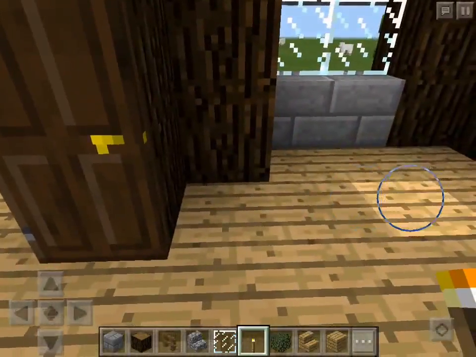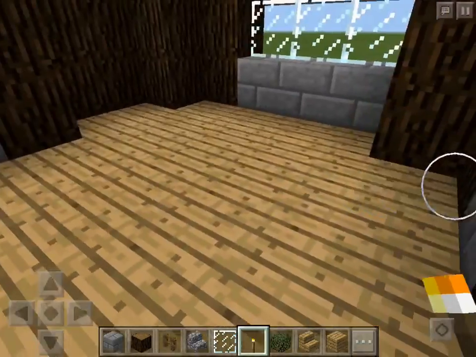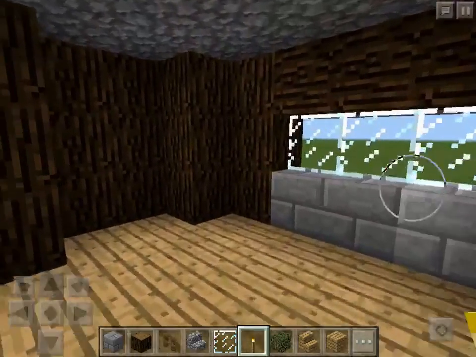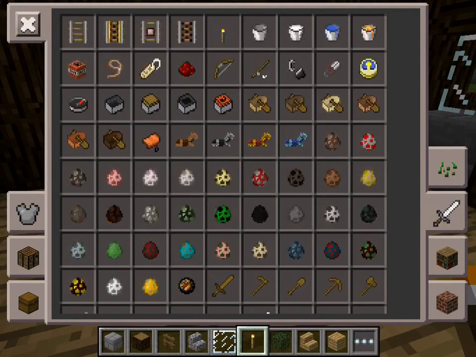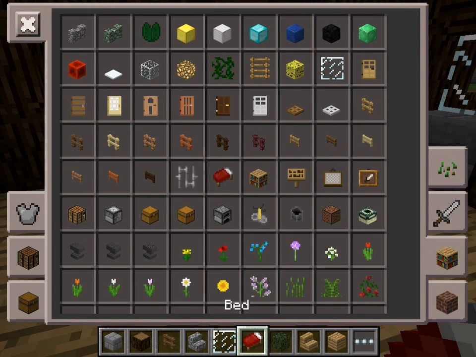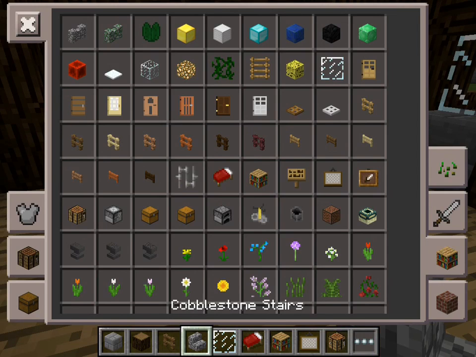And then once you get inside, you've got quite a bit of room. So it's just like a normal cottage, and honestly, this is how I prefer designing my cottages. Sometimes I like adding rooms, but in this one I'm not going to add a room. I am just going to put down the normal stuff that you need, except I'm going to take it to kind of a different level. And of course we need a chest,